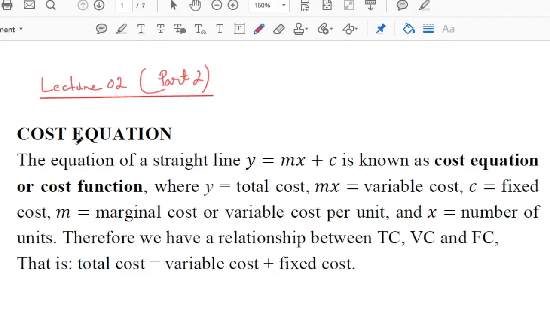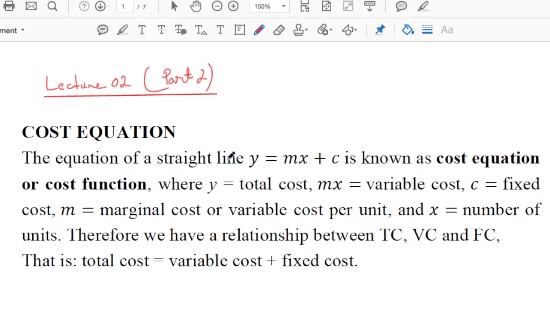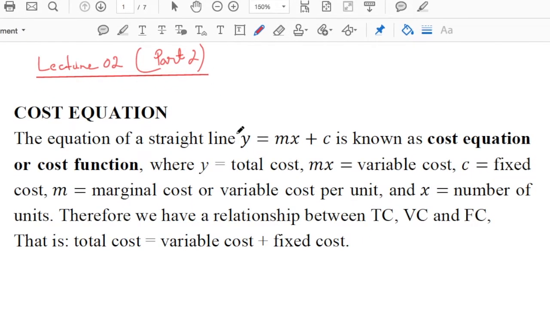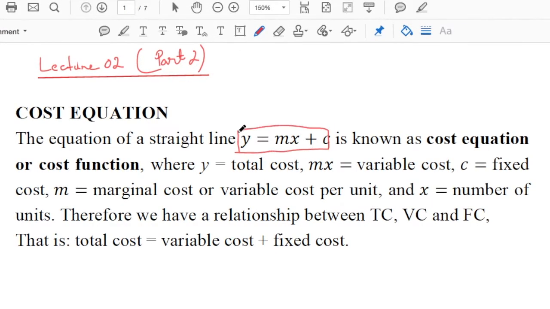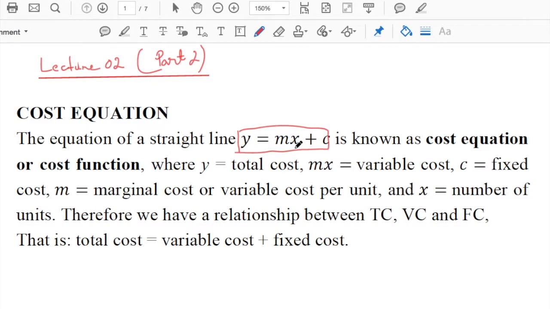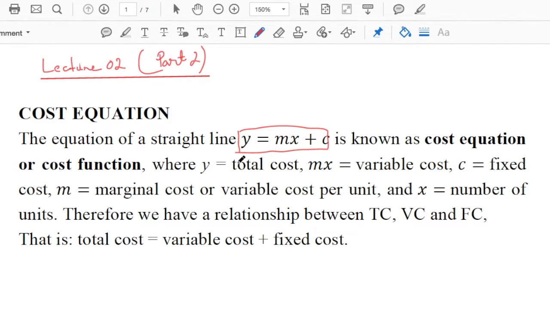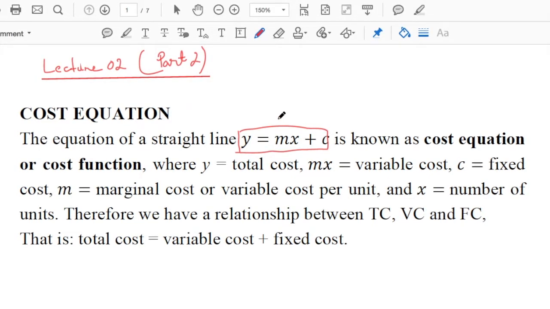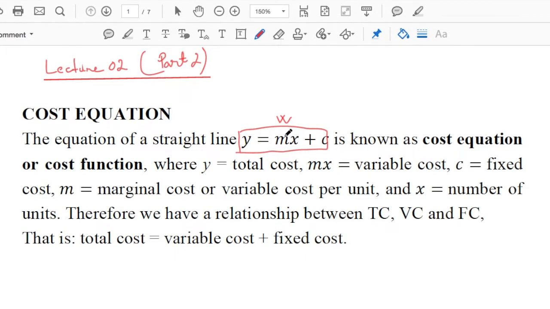So in this video I am going to discuss cost equation or cost function, which is the application of linear equation or linear function. You see the equation of a straight line y equal to mx plus c. I said before this is a linear equation or linear function. So now I am saying that in application this equation is known as cost equation or cost function, where y